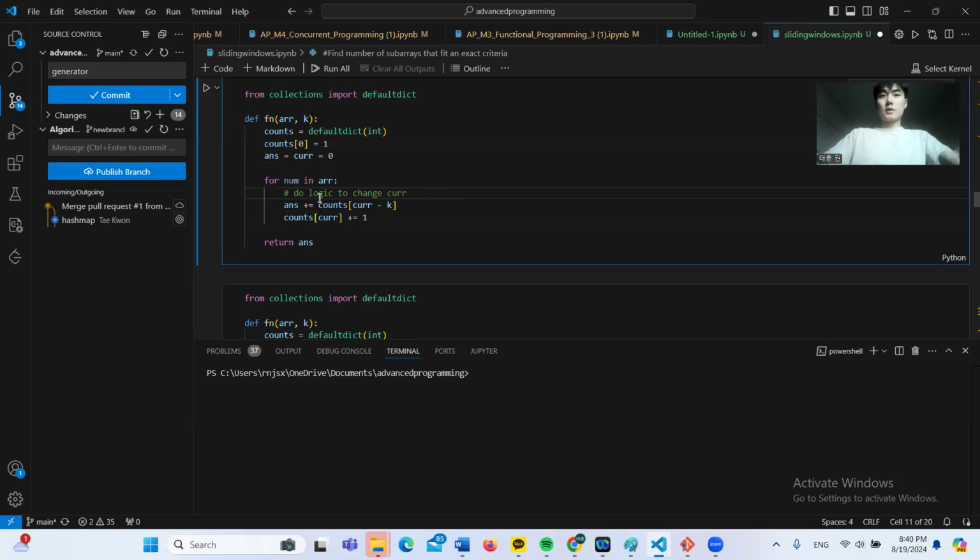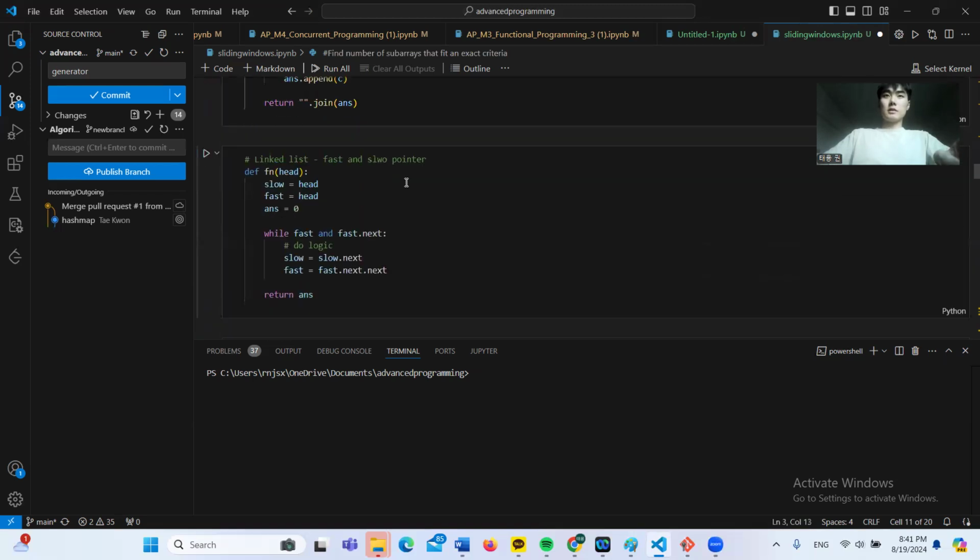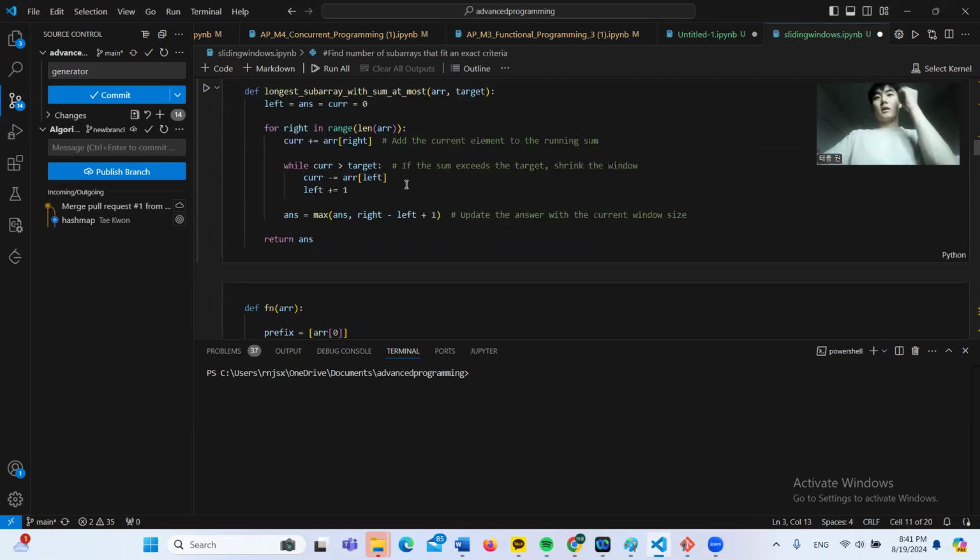And then after that, we count the valid subarrays. This line checks how many times the cumulative sum, current minus k, has been seen before. And if current minus k has been seen before, then it means that there is a subarray ending at the current index whose sum equals k, right? So this is because, like we did here,